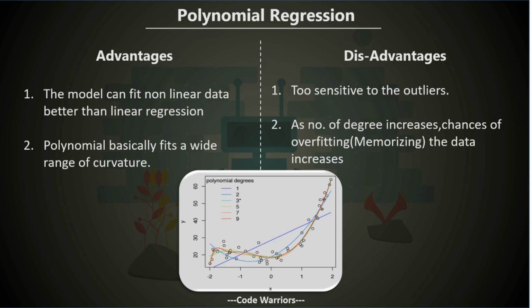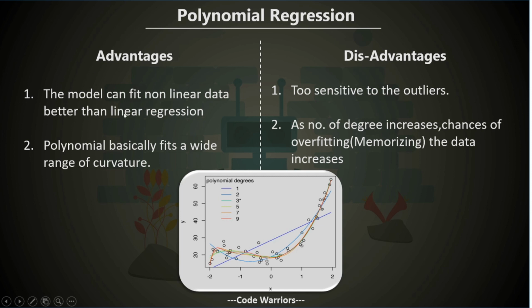We are going to learn about overfitting and underfitting in later sessions, but you just need to understand that we need to fine tune this hyperparameter, the polynomial degree, so that it only fits those data points, right? We don't want to overfit. I mean, we don't want the model to pass through all the data points of our training set. We just want it to pass through the center in a satisfactory manner, right?